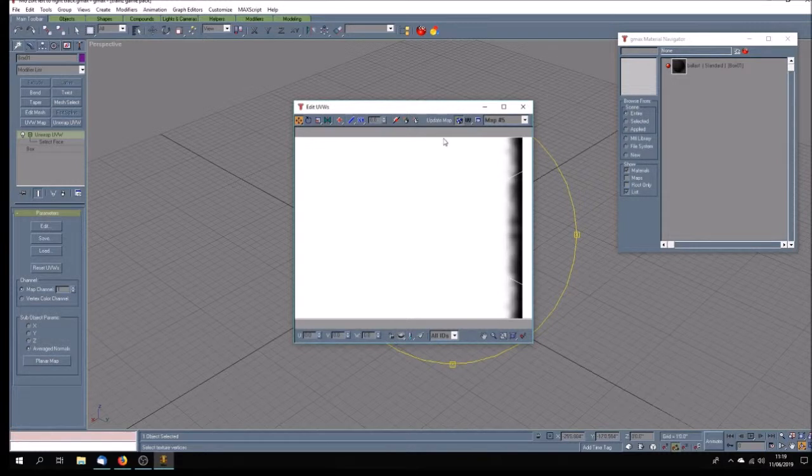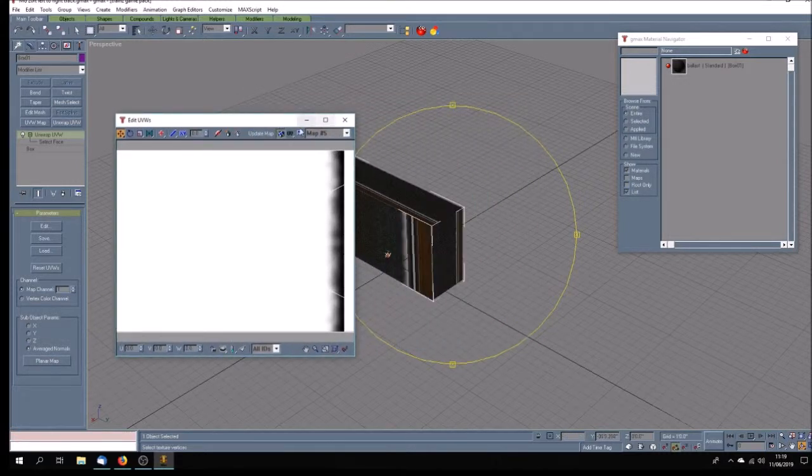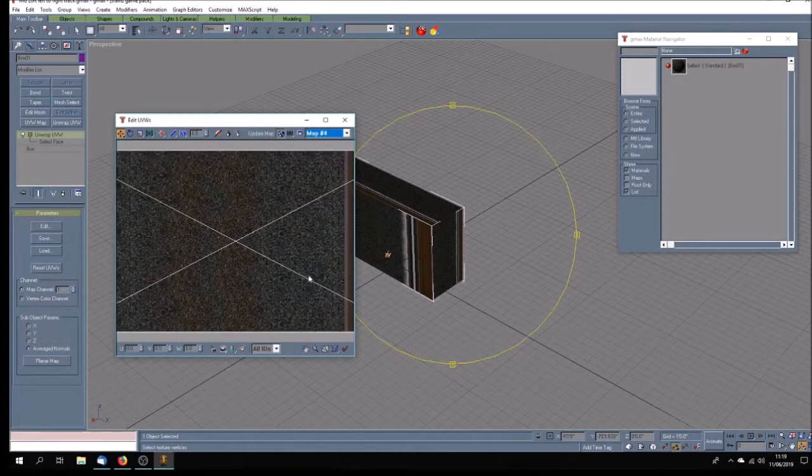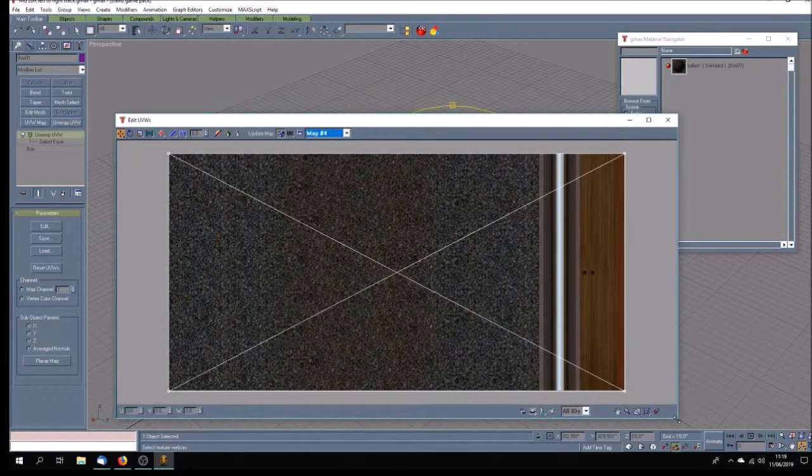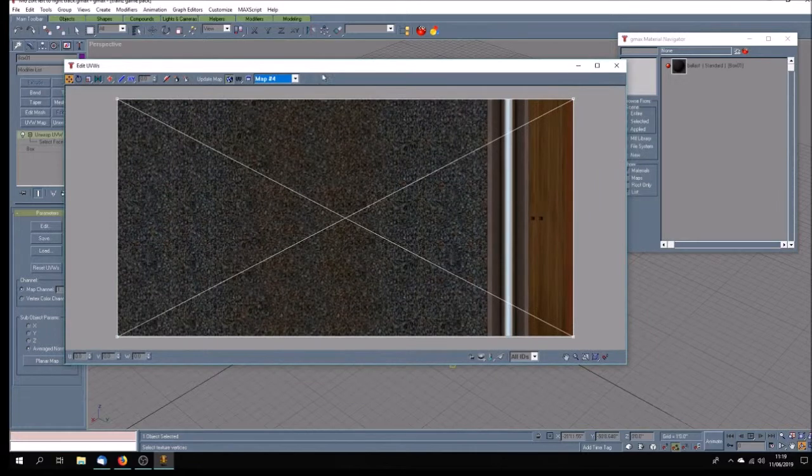So here's edit. Now it's showing us the second of the two textures which make up the overall texture of Ballast, and it's map number 4 is what we want. And let's increase the size of this so we can really see that's the texture that I'm using. It's quite a big texture, and you can see it's got ballast from there to there. It's got the top of the rail, and then it's got the sides of the rail, and they are slightly different. And then because this is for my broad gauge bulk road track, I've got a couple of